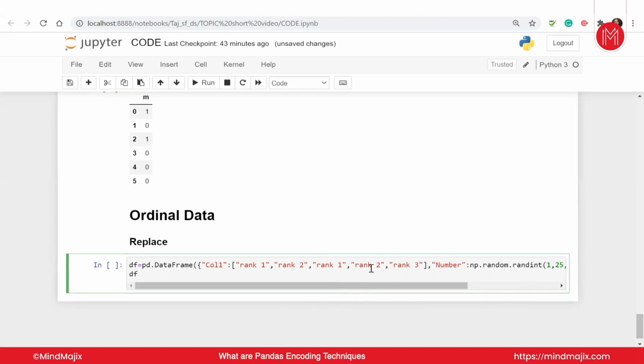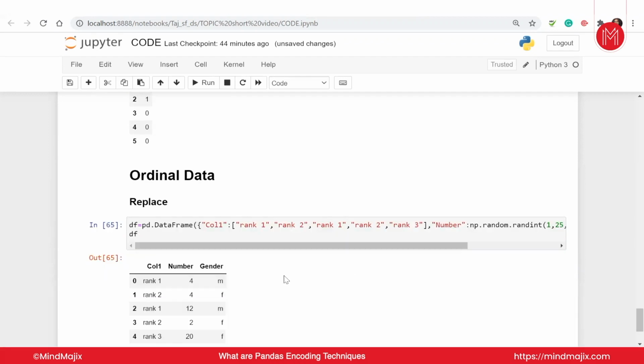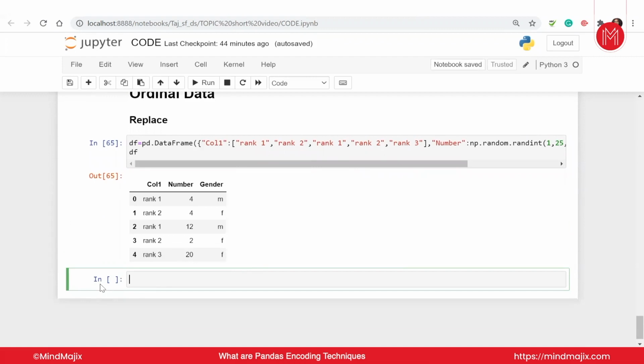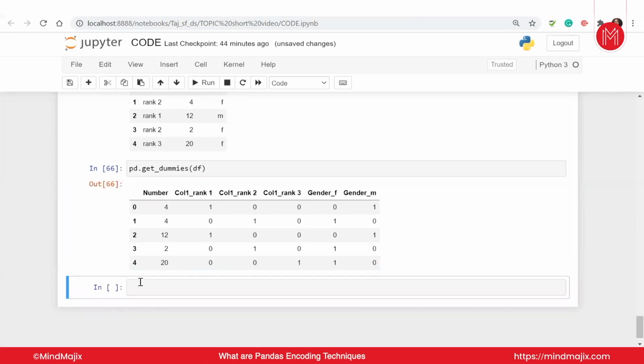What we can do is replace it with a replacement. Now guys, why can we not use get dummies? Get dummies does not care what we are writing here. We just get the data like that. So if we say pd dot get dummies and pass my df in this, look at the result, guys. It just uses a one-hot encoding kind of value, zeros and ones, and it does not care about the rank part. It does not really care about any kind of rank, but the rank order was important for us. So what we do, guys, we use something called replace.